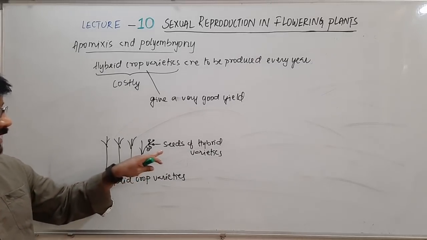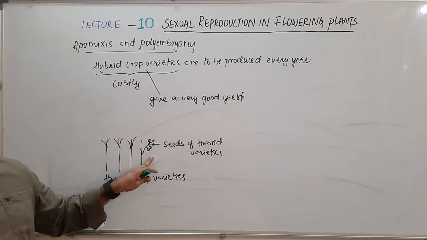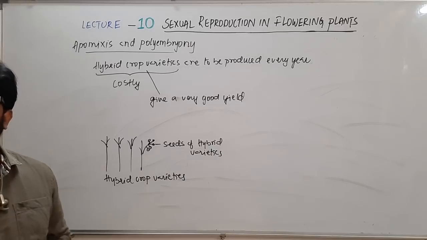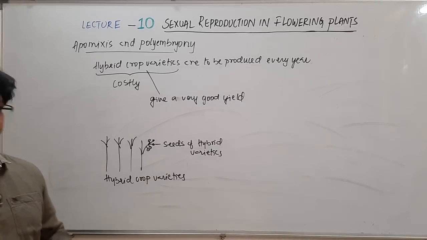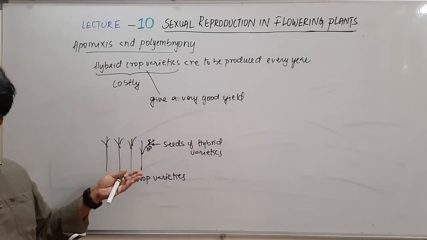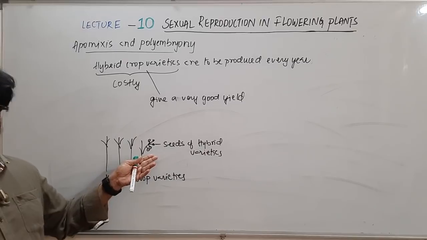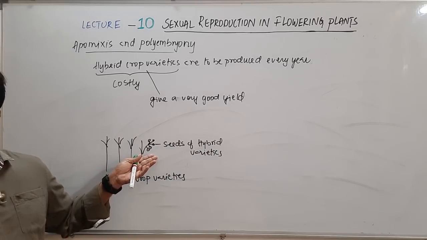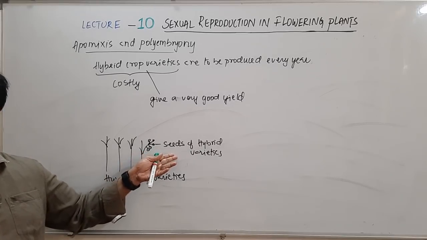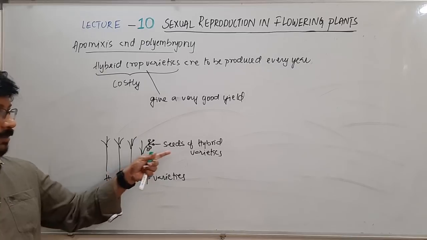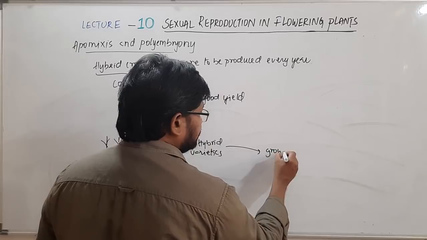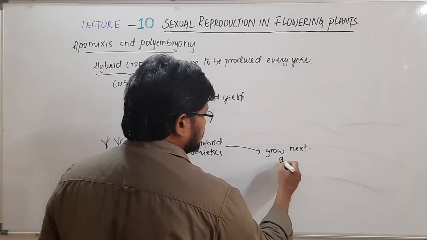You cannot use these seeds of the hybrid varieties, because you did not produce these seeds by the process of artificial hybridization. In fact, they are naturally produced. When these hybrid crop varieties grow and start producing flowers, those flowers are pollinated naturally. So we will not come to know what the parents of those seeds are. And when you take the seeds of these hybrid varieties and grow the next generation,